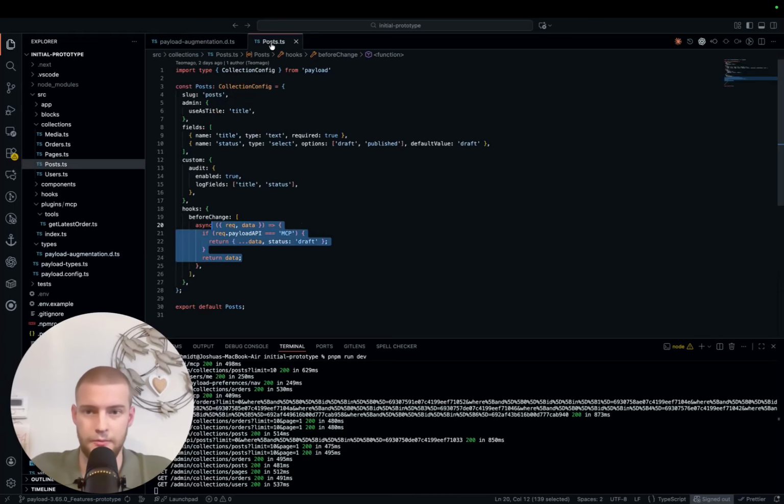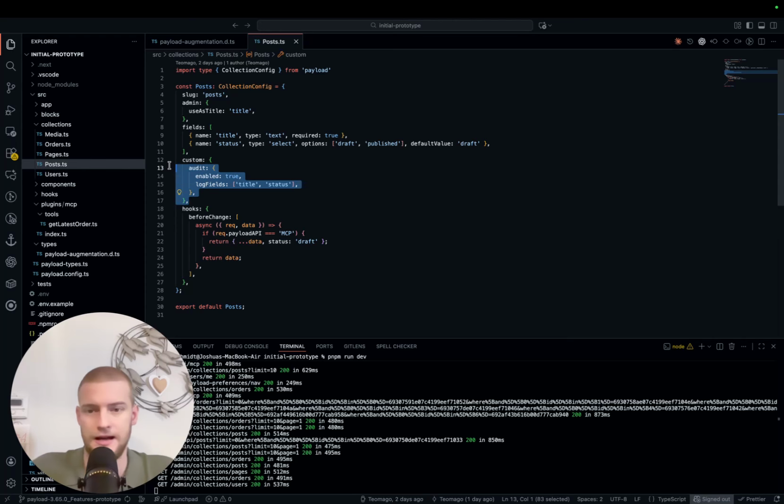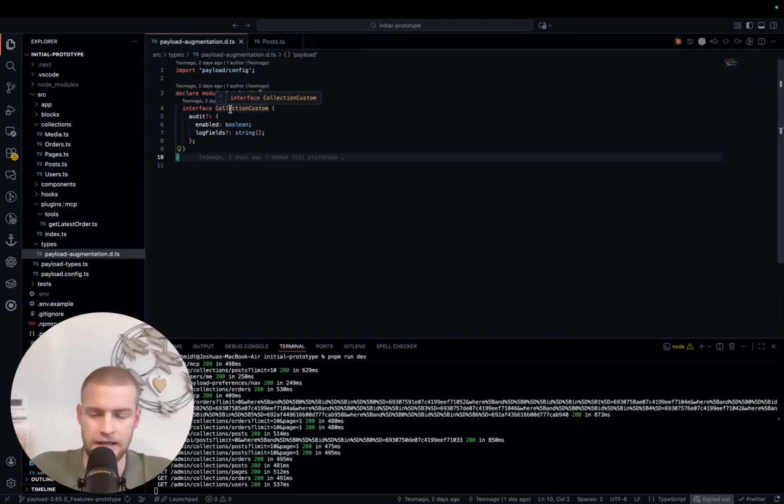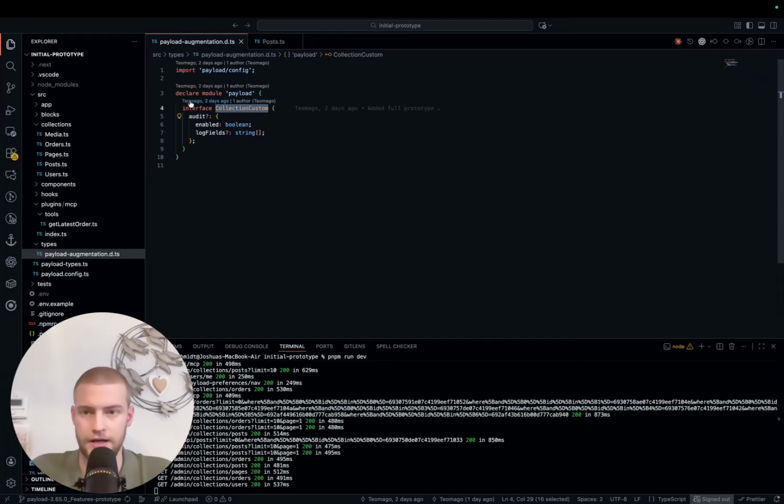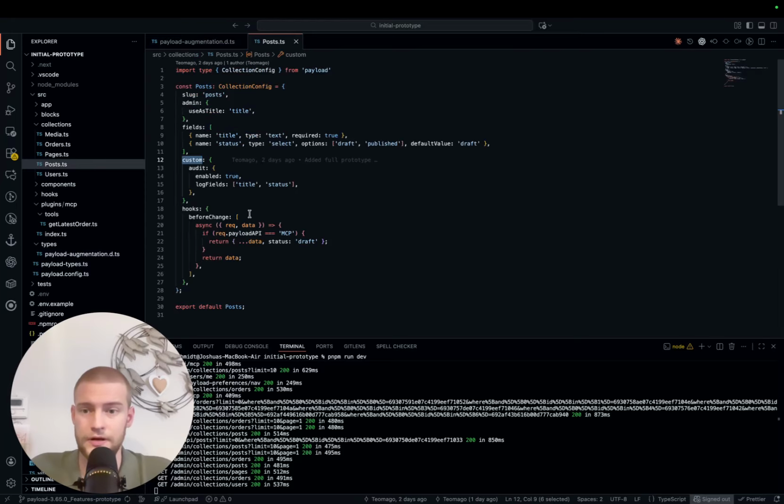So previously, whenever you extended a collection, because, for example, you have a plugin and you need to add specific fields and specific configuration for that plugin, you did not really have type safety for this because the custom object was simply any. Now, Payload allows us to extend the definition. So we can do this: declare module payload and then interface collection custom. And in here, it's going to use that interface collection custom, and we get full type safety in whatever custom